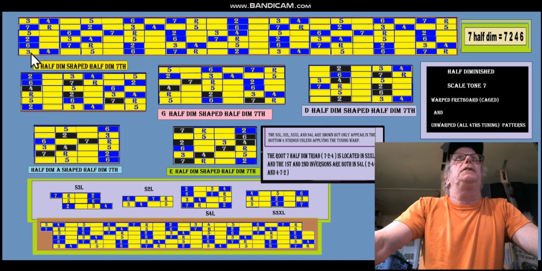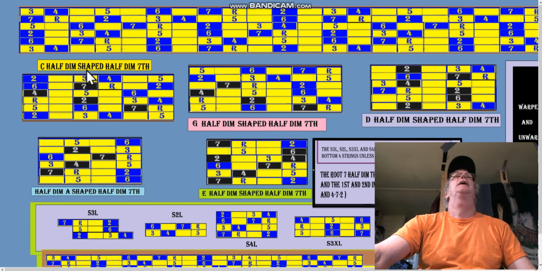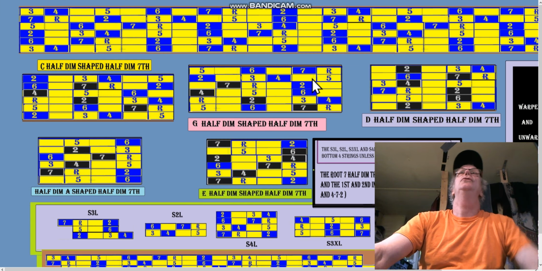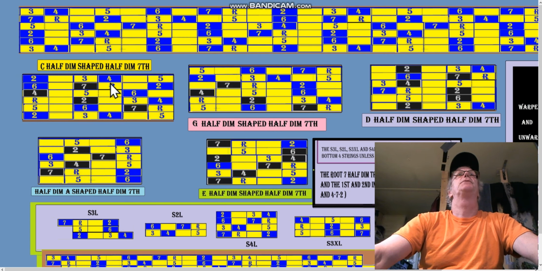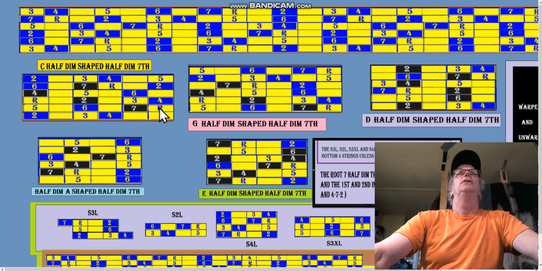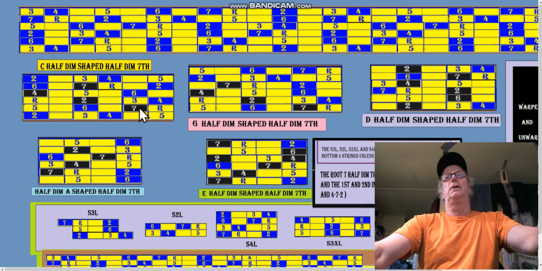Now look at these boxes here. These boxes are humongous. Okay, this is the true half diminished shapes of C half diminished 7th. All right, these are the true half diminished shapes in the C box. Look at this: root, 3, 5, root. If I drop the root to the 7,